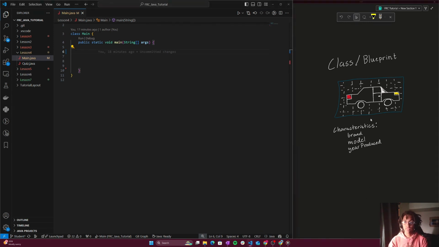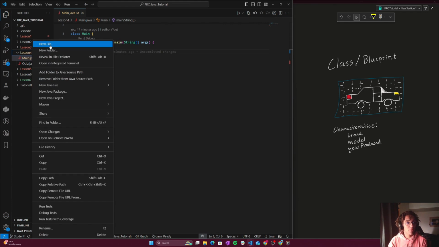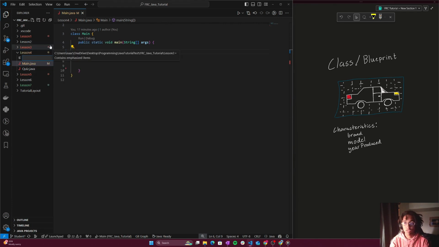Now, even though we haven't discussed a lot here, only this idea of a class or blueprint and the characteristics required to assemble a car, we can actually start modeling this here in Java, even just with these very basic and simple concepts. And so in order to do this, we're going to go over to the lesson 4 folder over here. We're going to right click and we're going to create a new file, and we're going to call it